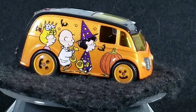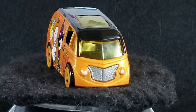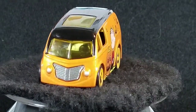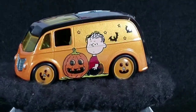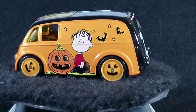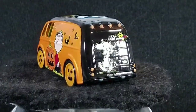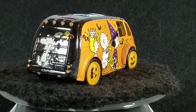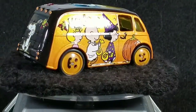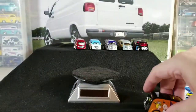But this one, it goes for some good money if you can find it on eBay. I had to search for a little while to find one, and then when I did find it, it was a little more expensive. So this one is probably one of the harder ones to find, or more expensive ones to get in the eight version casting lineup for this casting. Alright, the next one